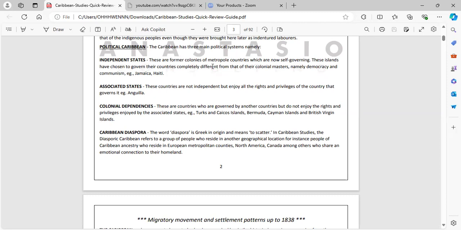For the colonial, if I'm getting what you're saying, it's just like slavery, them still under slavery, but we can't say slavery now because they're not given weapons and such. But they're not independent at all. While Associated States are kind of half independent, the colonial ones are not independent.